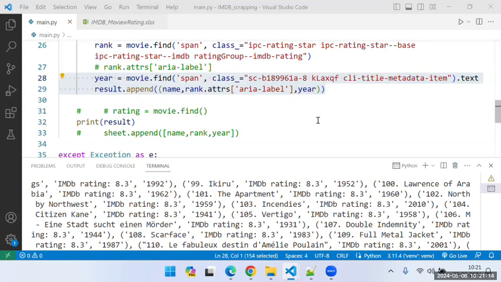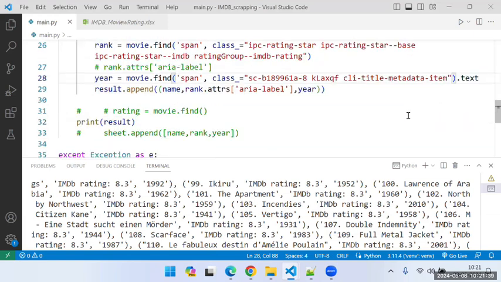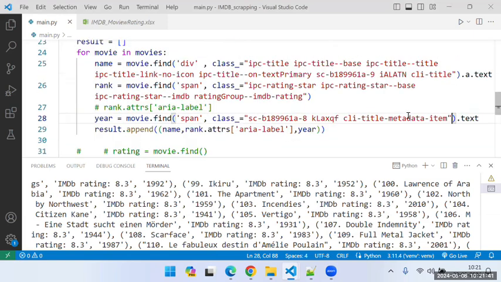The point I'm trying to make over here is movie.find. Movie.find has certain arguments within it. The first argument is tag. Second argument, the default arguments I'm talking about, is class. There is one argument wherein you supply a keyword or variable length argument. What is a variable length argument? Double star kwargs or star args. These are variable length arguments in which you can pass